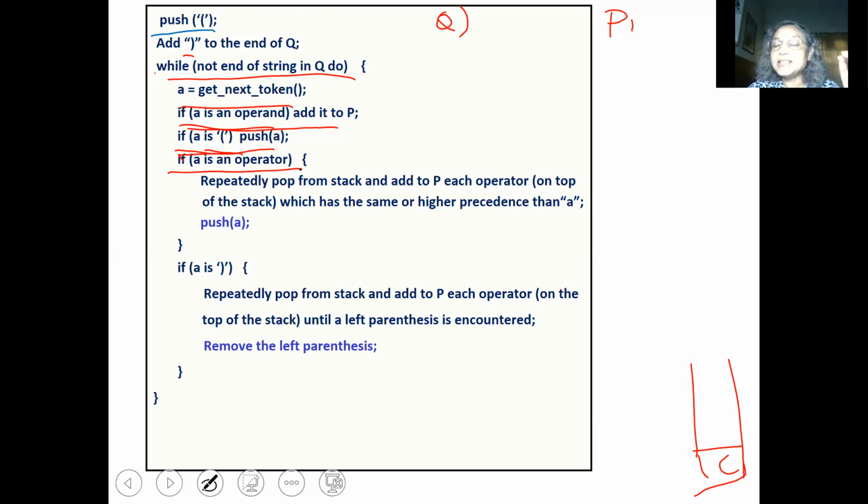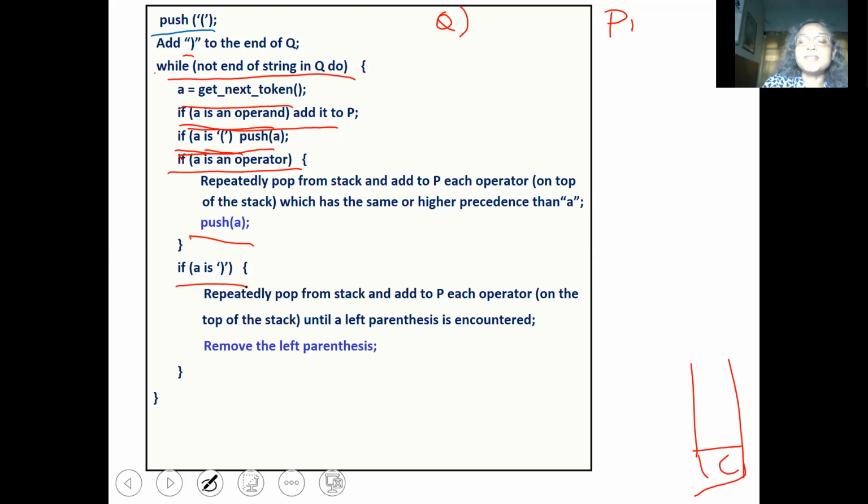So if we have exponentiation, star, slash, then we will pop them from the stack and add to P. And after we have done this, we will push A. So A is the current operator. We have removed from the stack top the operators which have higher precedence than A. Then we will push the operator A into the stack.